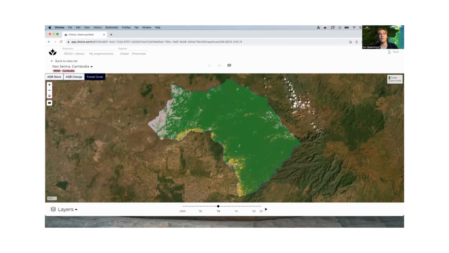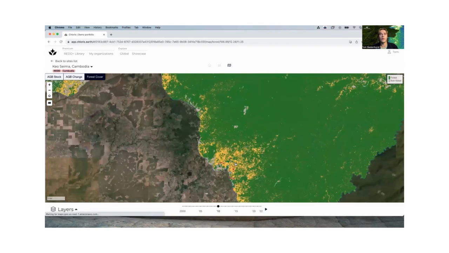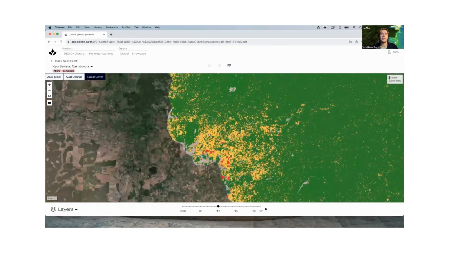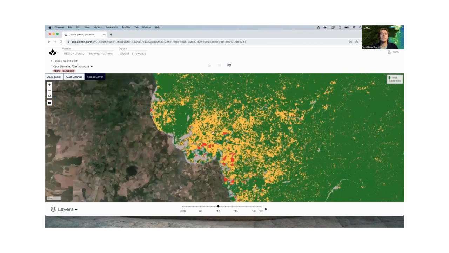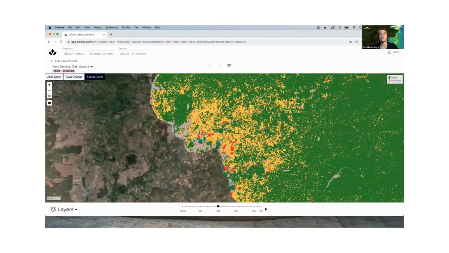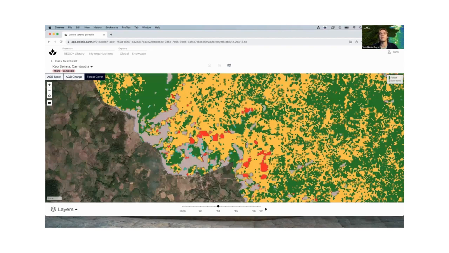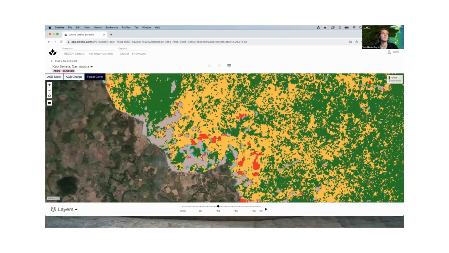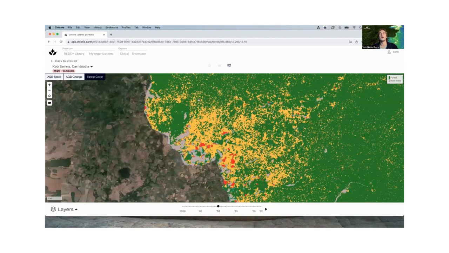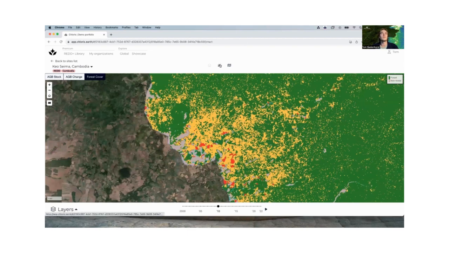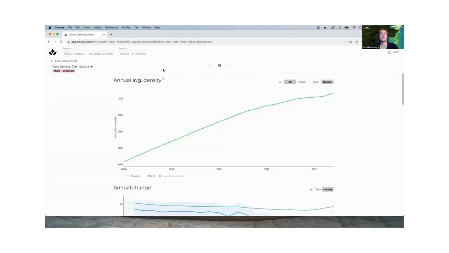If we zoom in here, we can see a bit better what is going on. We can see the degradation shown by the yellow pixels, forest area loss shown by the red pixels, and some forest area gain shown by these turquoise pixels. So this gives you an overview of our three maps. I'm going to click on this charts icon here to take us to our charts, starting off with the annual